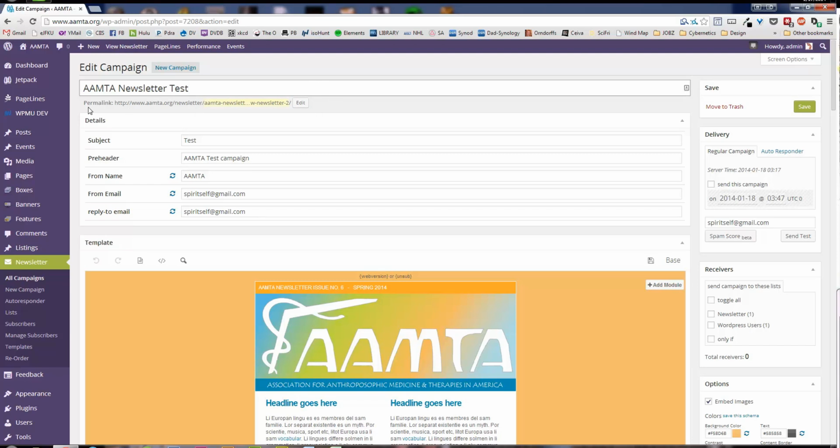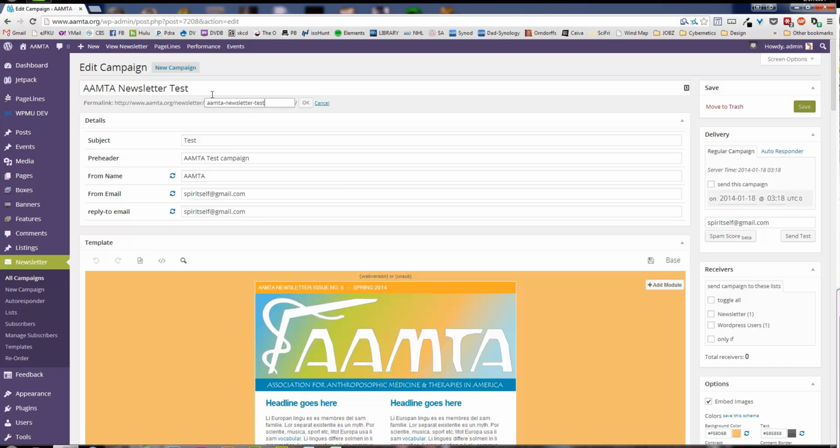And then we see that below this is a thing called the permalink. This is the URL that will be live and the destination for the actual newsletter on the web if someone wants to go there from the email that's sent by the plugin. We want to edit this section so that it is not very long and confusing, but as short and succinct as possible. In this case, we're going to basically duplicate